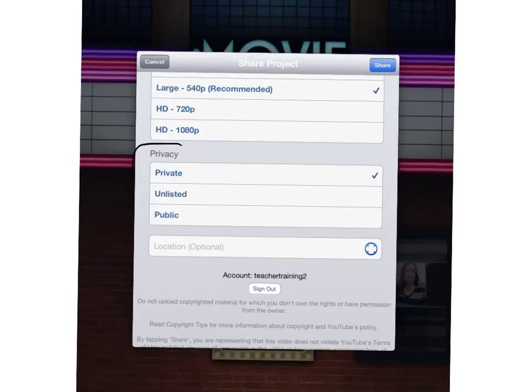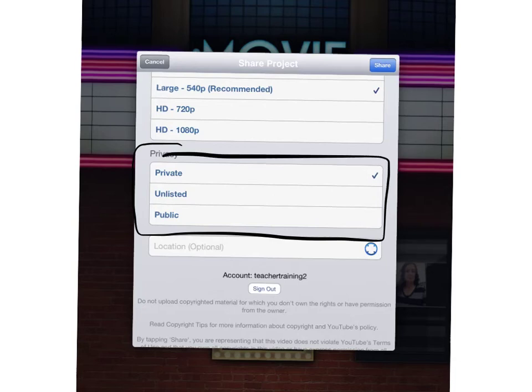For the privacy section, this is pretty important. You need to talk to your teacher about what they would like you to use. Private is what's pre-selected. We typically don't want private. You need to have the person's password in order to view a private video. So you will be really choosing between